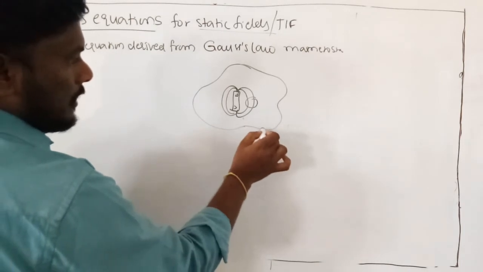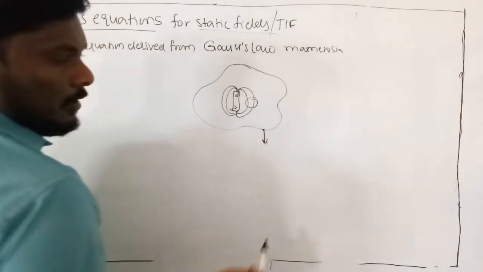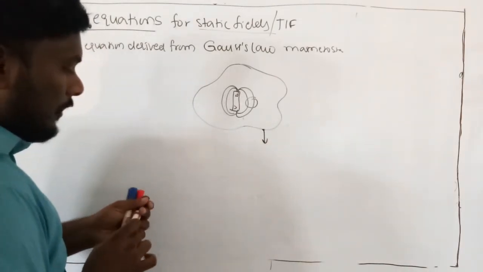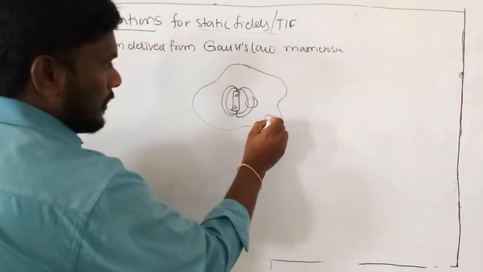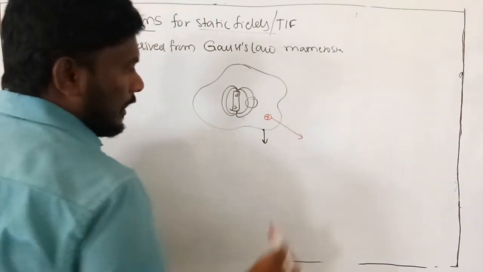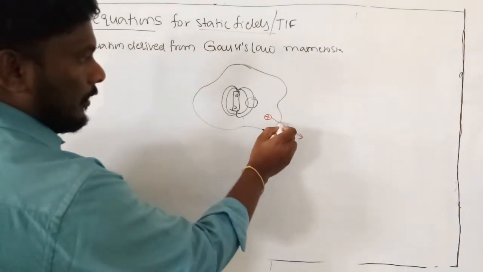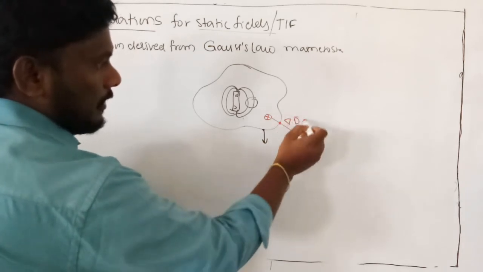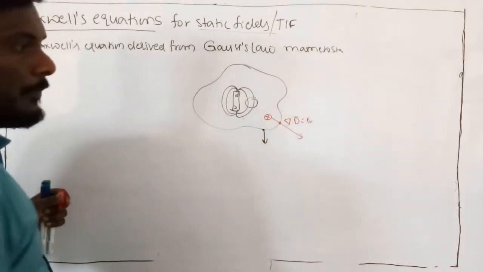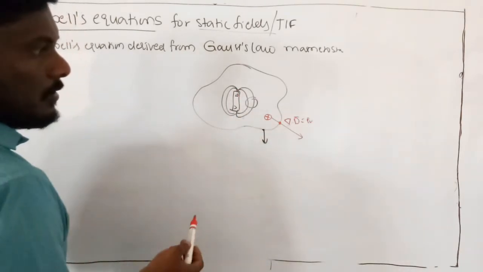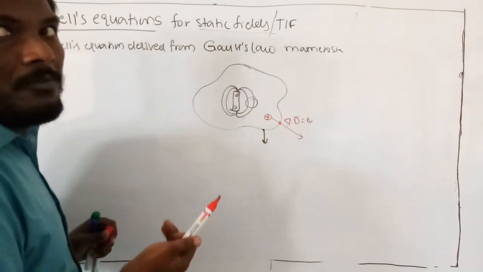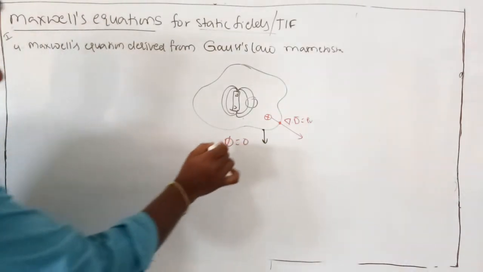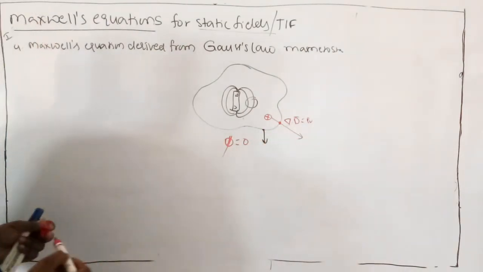So now tell me, how much electric field is diverging at this point? No, all the flux is enclosed by the closed surface. Suppose you take an electric flux: a charge is there, and the electric flux is coming outwards like this. If you take a point here, the divergence of the electric flux density will be the charge enclosed by the surface. But in the case of magnetostatics, the flux coming outwards from the closed surface is 0. So phi is equal to 0. Magnetic flux is represented with phi and electric flux is represented with psi.